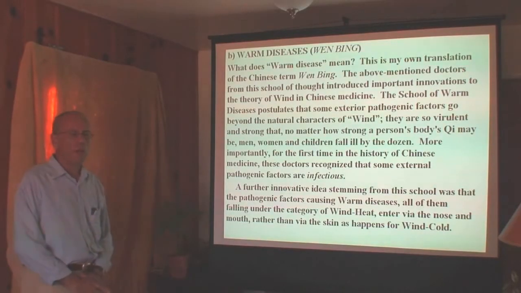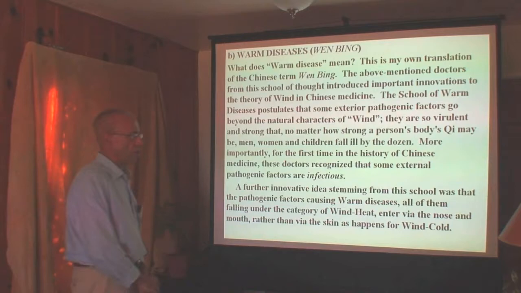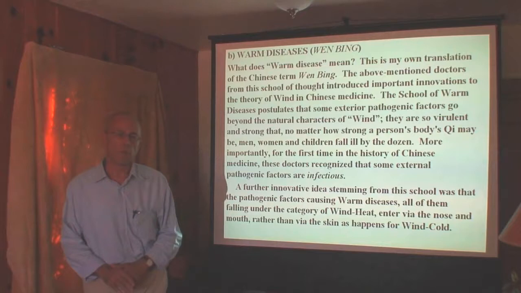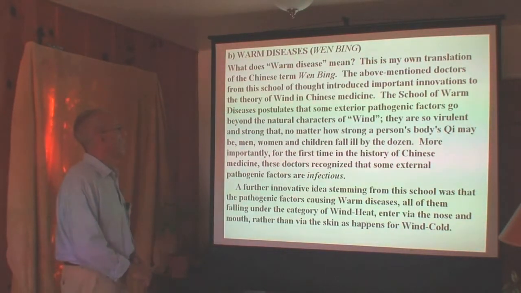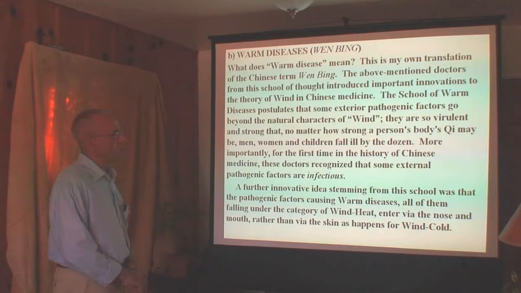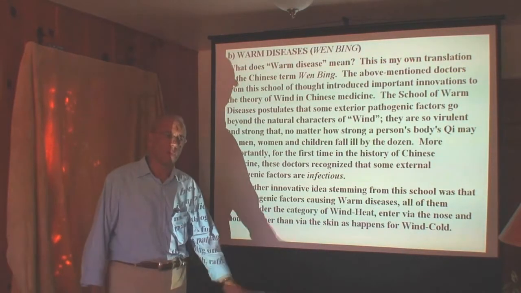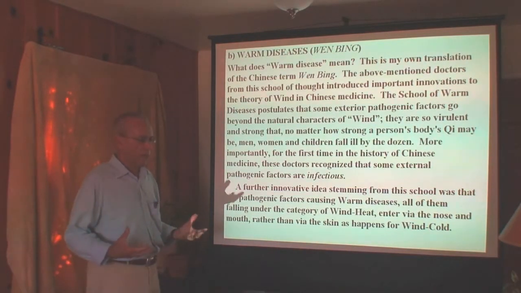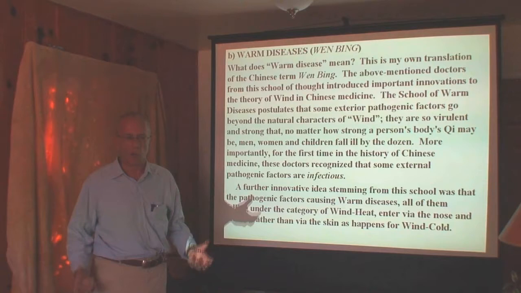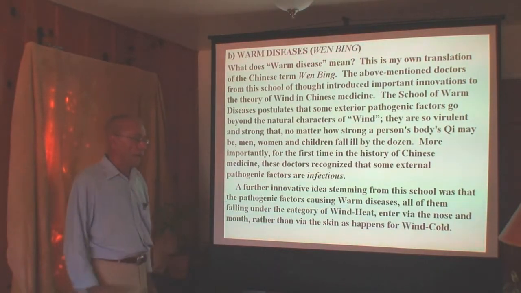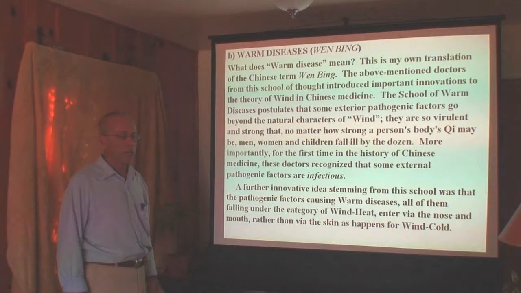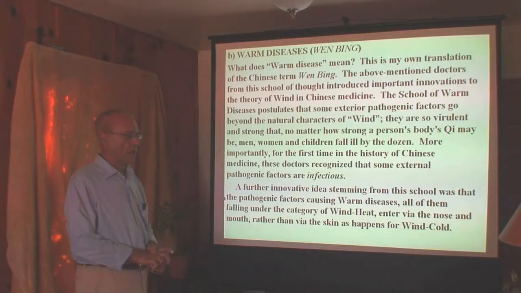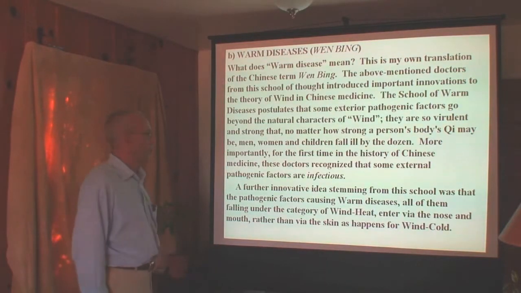So let's talk about Wenping now, which is a very, very interesting theory in Chinese medicine, and one that was entirely new compared to the theory of the Shanghan Lun. Why did it arise? It arose at the time in China where there were huge epidemics of diseases with fever and skin eruptions like smallpox, scarlet fever, and very much so measles. There are books written only on measles in Chinese medicine